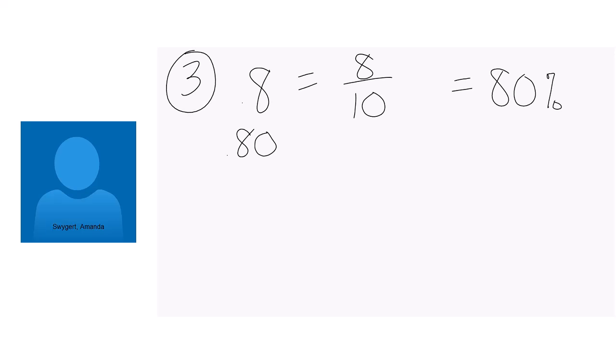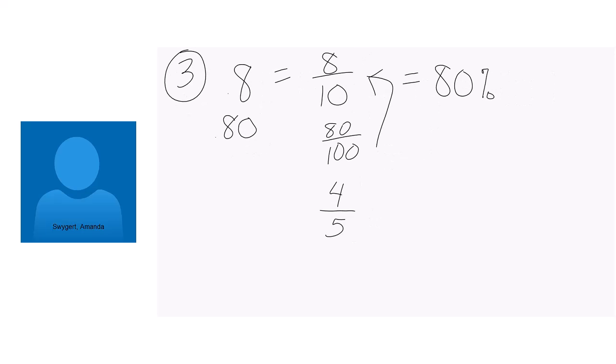All right, now if I do 80 over 100, that eventually would just reduce to that anyways. So if you do know your place value, it might just make writing these a little bit quicker and easier. But I can still reduce that 8/10. So 8/10, both of them are even, which means I can divide them by 2. So 8 divided by 2 is 4, and 10 divided by 2 is 5. So that would reduce down to 4/5.